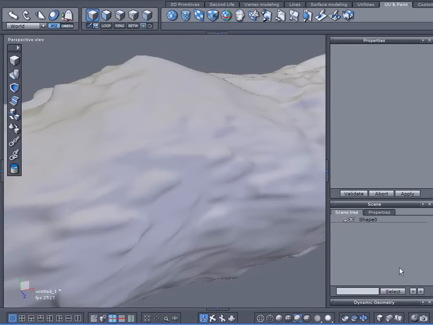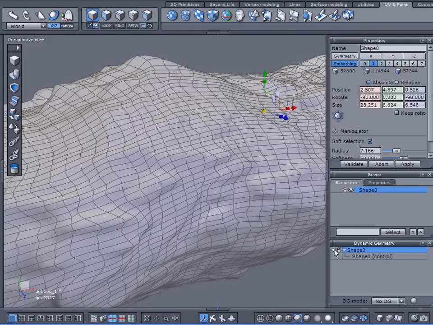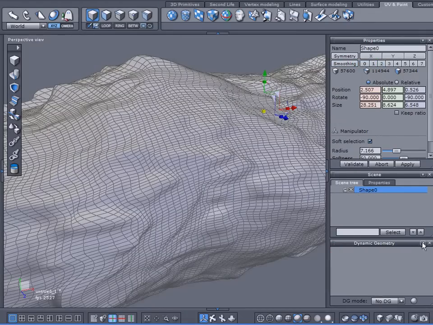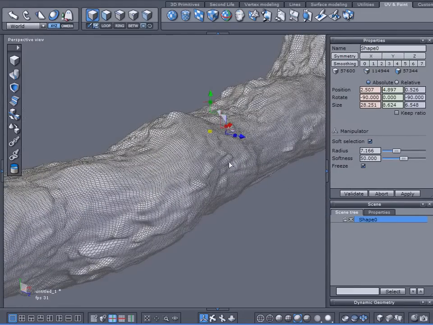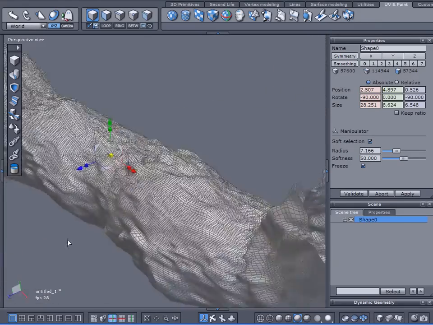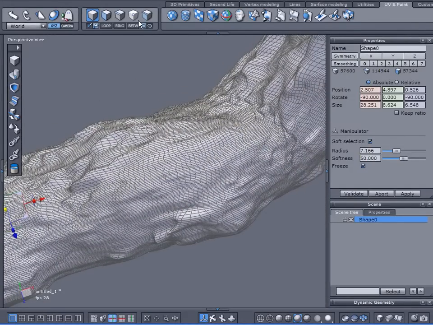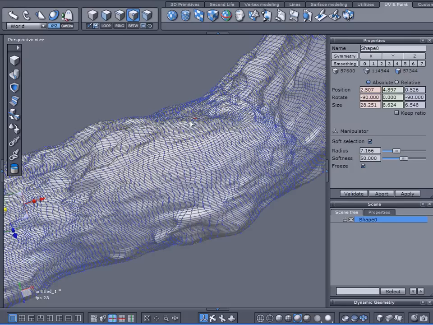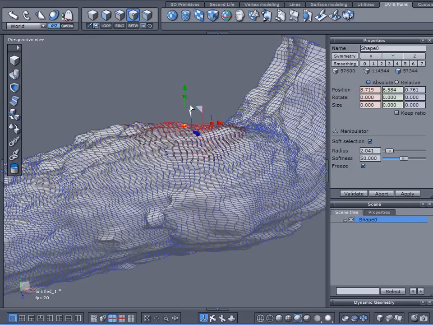Okay. Come down to Dynamic Geometry. Now I'm going to commit that level of smoothing by clicking on my little lightning bolt icon there. We've got 57,000 polygons on this, which is pretty high, but fortunately Hexagon can render this nicely without even thinking about it. Alright, well, now I want to add a few more little details here